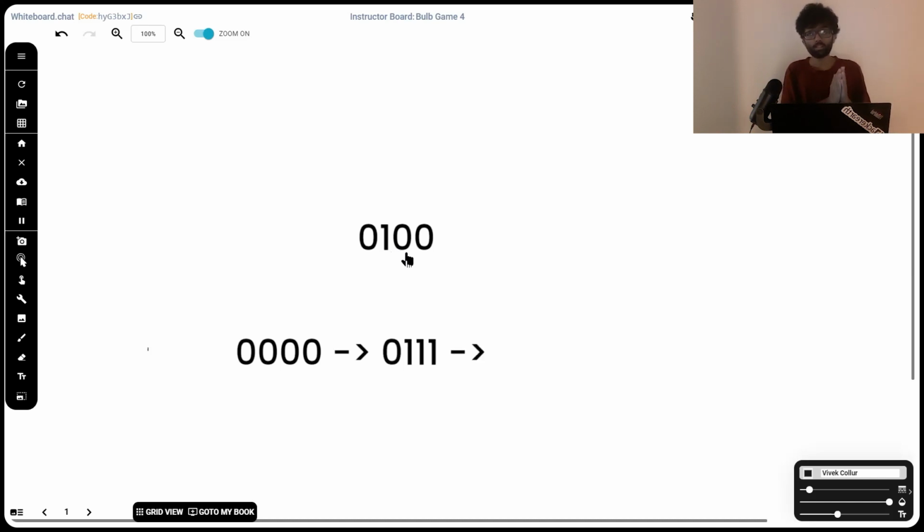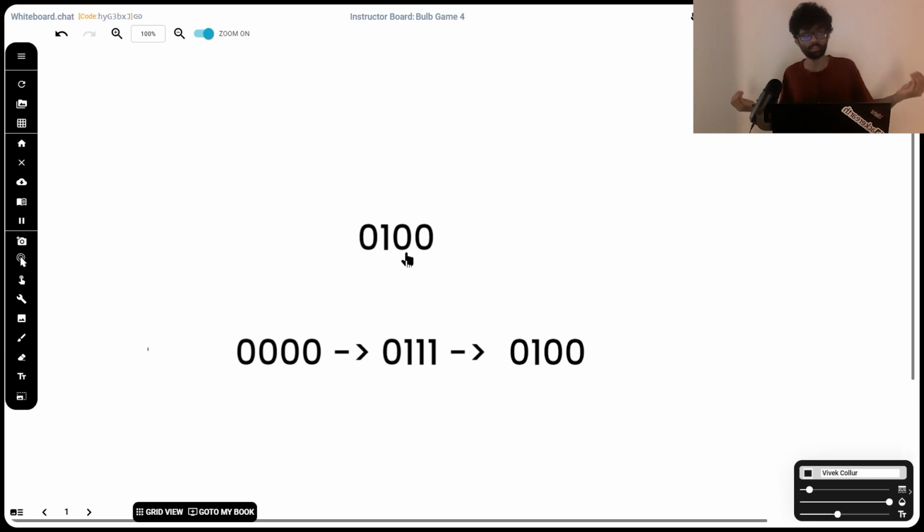Now we've got to continue iterating through our target string. When we hit the third bulb, the state changes again. It changes from 1 to 0. The previous state is no longer equal to the current state. So we've got to tap the bulb again. When we do that, the bulbs numbered 3 and 4 turn off, which gives us a state of 0, 1, 0, 0. That is also equal to our answer.